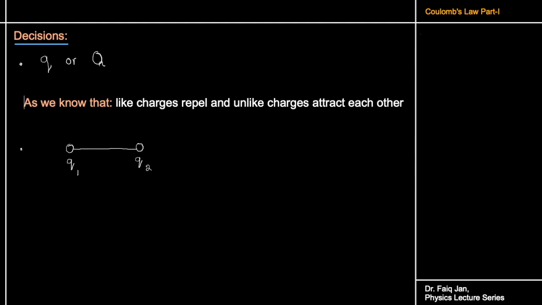As the charges are identical, the force will be repulsive. If we focus on Q2, the force will be drawn by putting the tail of vector F on Q2 pointing outwards. And the force acting on Q1 will be drawn by placing the tail of vector F on Q1